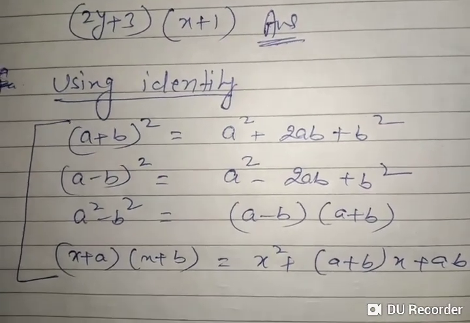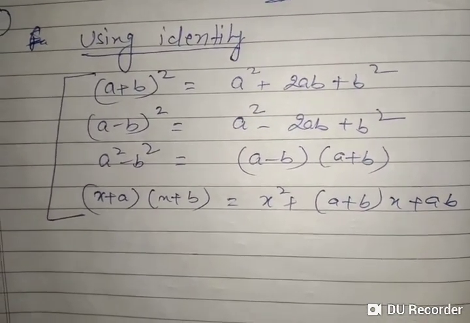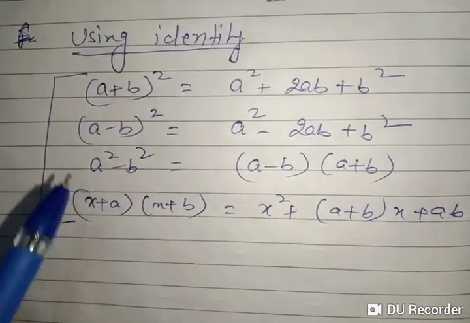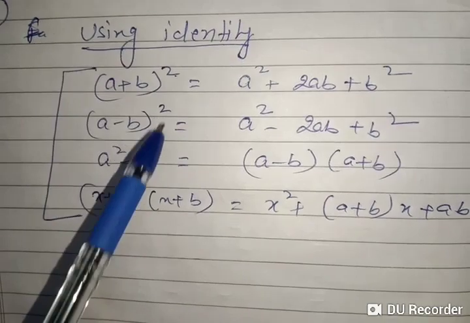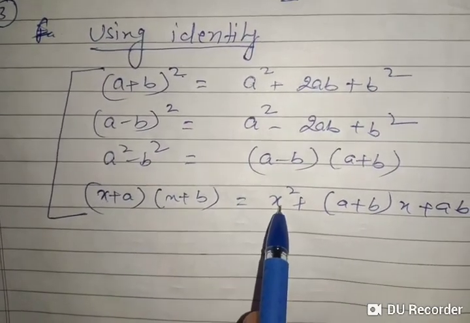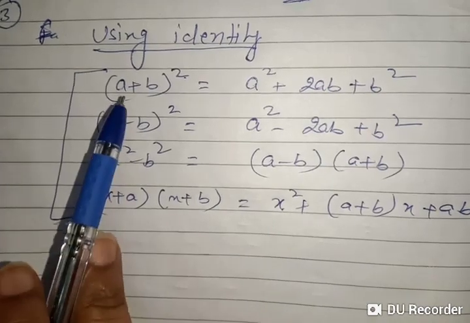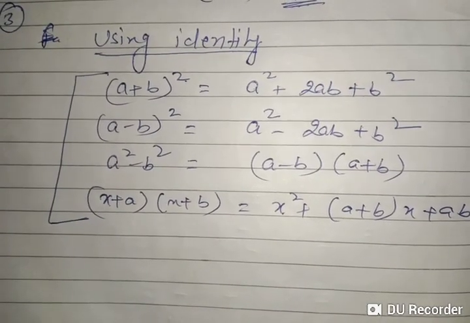Again I will discuss with you because these are there again in 9th class, and there are some more cubic identities also. These are all quadratic. If you can see, quadratic means the power is 2. Quadratic, quadratic, quadratic, and this is also, if you will multiply you will get x square. This is quadratic. So these four we will discuss in this part 1 of the factorization, and I will make one more part 2 of factorization.